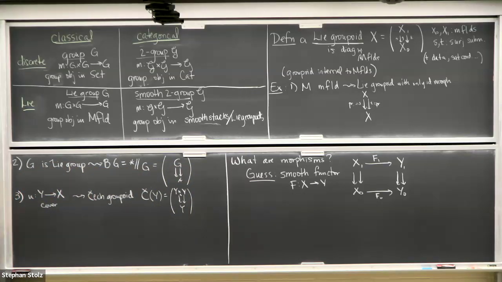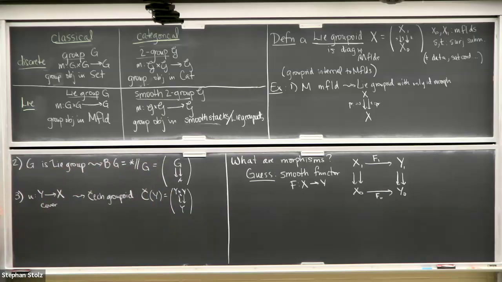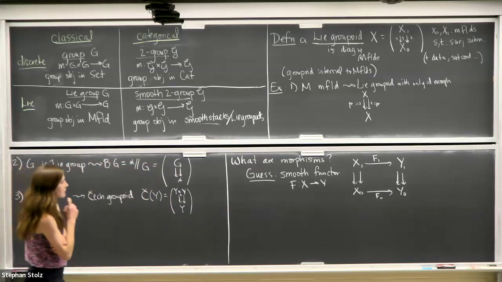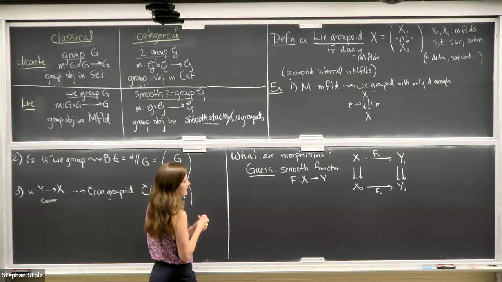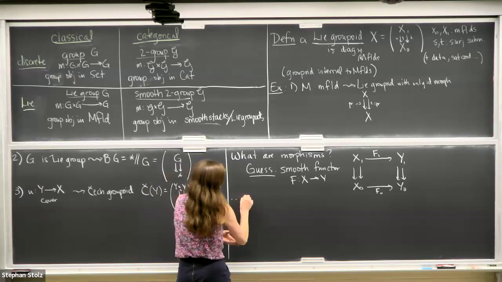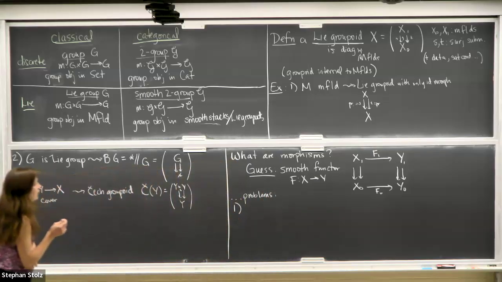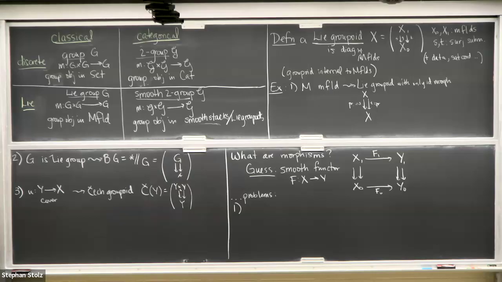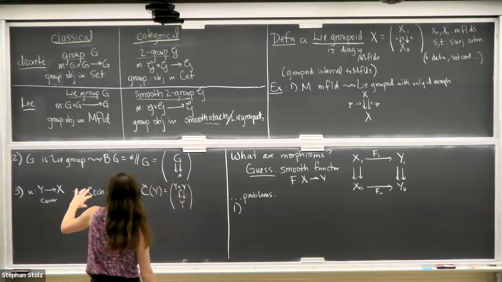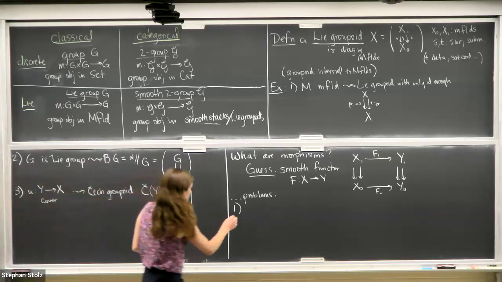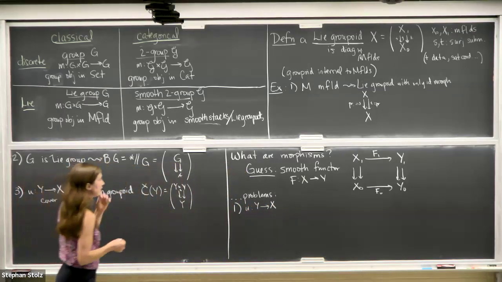That's a way you could define the category of Lie groupoids. But it turns out in our case, that's not exactly the right notion of morphism that we want. Let me give some examples that illustrate what goes wrong with taking this as the notion of morphism in this category. Problem number 1. Let's start with this Čech groupoid. If we start with this cover, we want the Čech groupoid of the cover